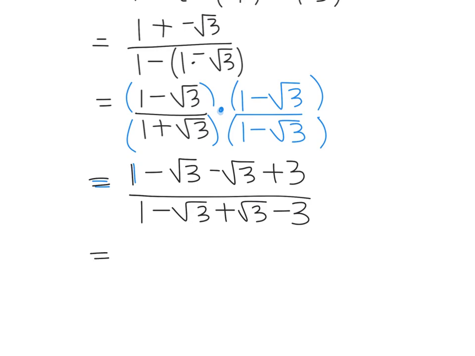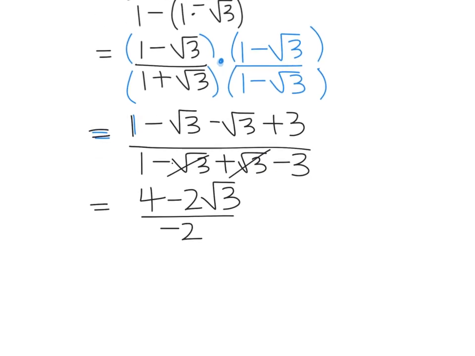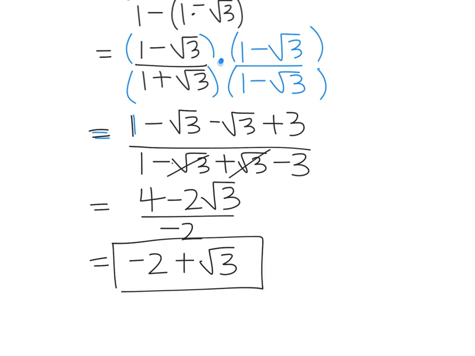So combining like terms in the numerator, 1 plus 3 is 4, and we get minus 2 radical 3, all over 1 minus 3 is negative 2, and then the negative radical 3 and the positive radical 3 cancel. And I can go ahead and divide 4 and 2 by the negative 2, so we end up with negative 2 plus radical 3. So this is the exact answer for tangent of 23 pi over 12. You can also use the answer of 1 minus radical 3 all over 1 plus radical